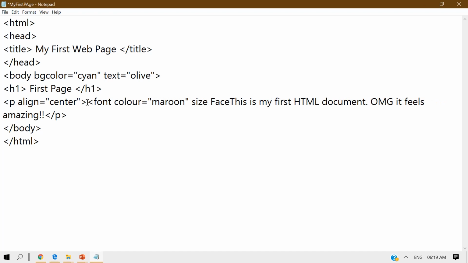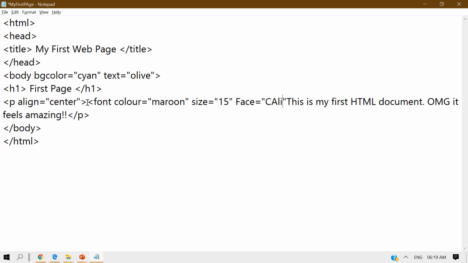now if I say size and if I say 15, the size of the font will become 15. Then if I go to face and if I say, you need to write everything inside double quotes. Okay, remember that part. Now I need to say Calibri. That is a font, right? Let's see if it is or not. And then